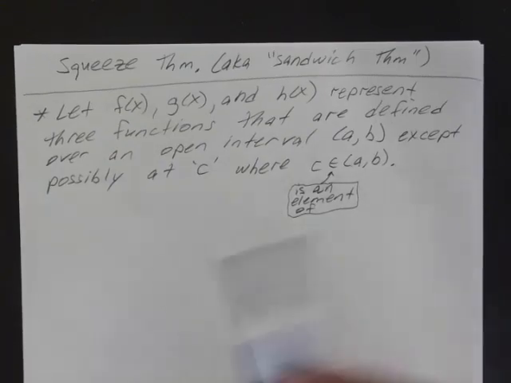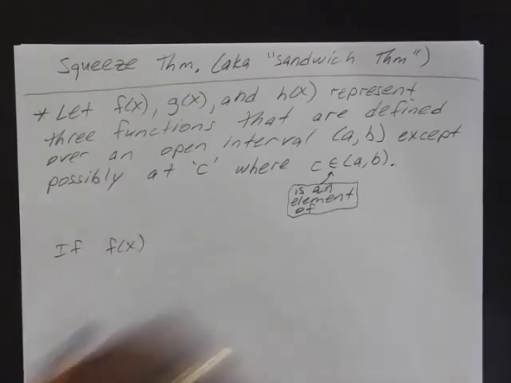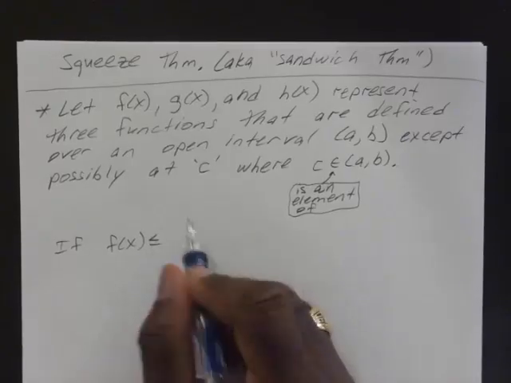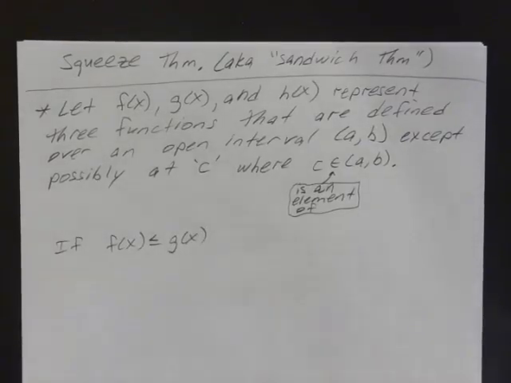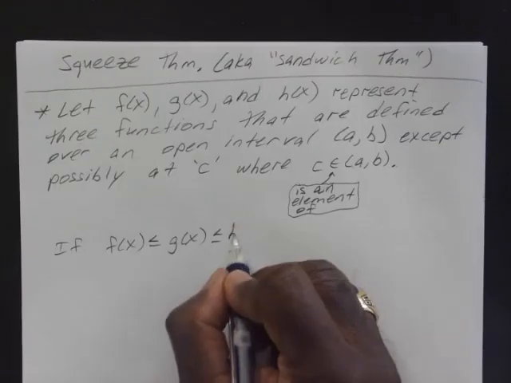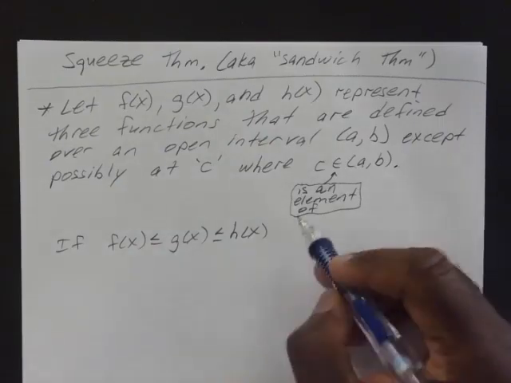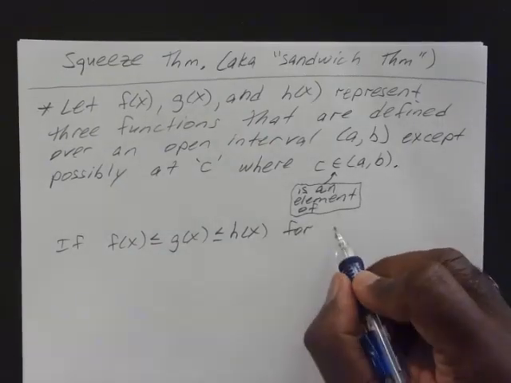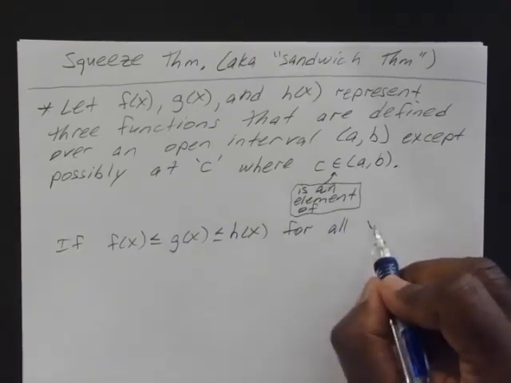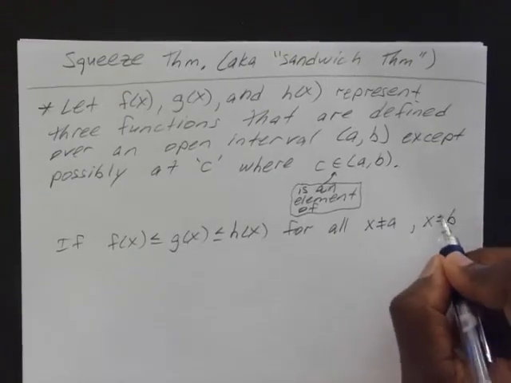Okay. So let's say in that interval, if we know that the function f of x is less than or equal to the function g of x, and the function g of x is less than or equal to the function h of x. So basically, g of x is between f of x and h of x, for every value of x that is not equal to a and is not equal to b,